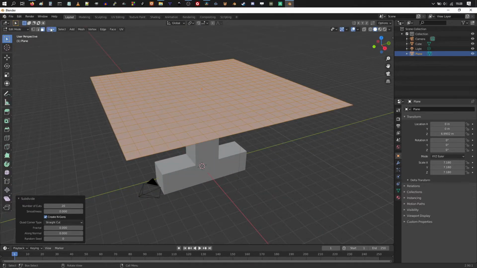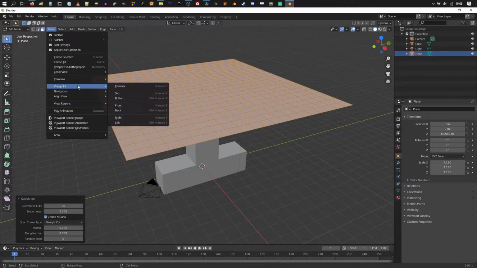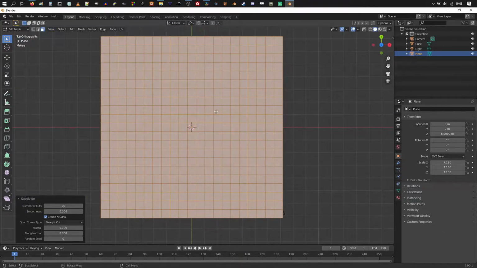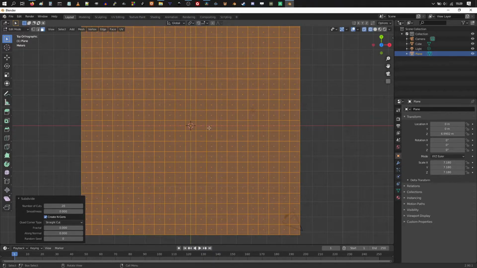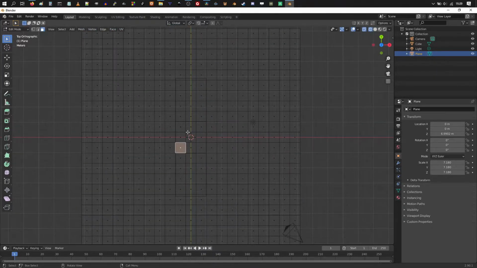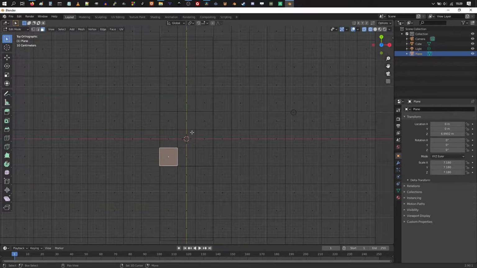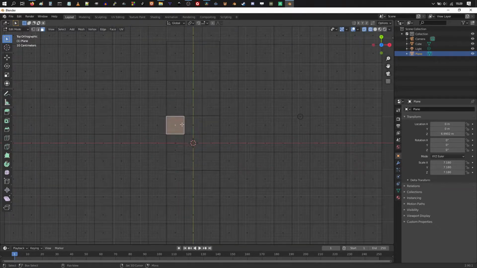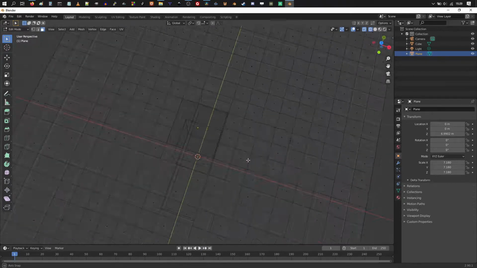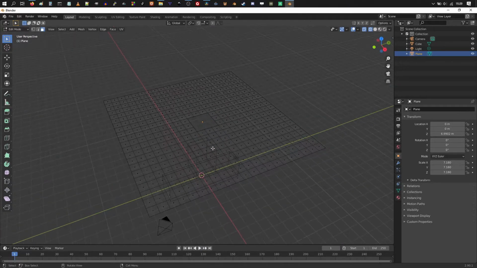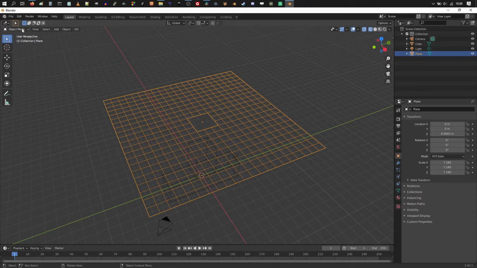So go to view, viewpoint, and top. Press Z to go into wireframe mode and try to find, okay, so the character's head is right about there. So choose the faces that are above the head and press X to delete those faces. Now go back into object mode